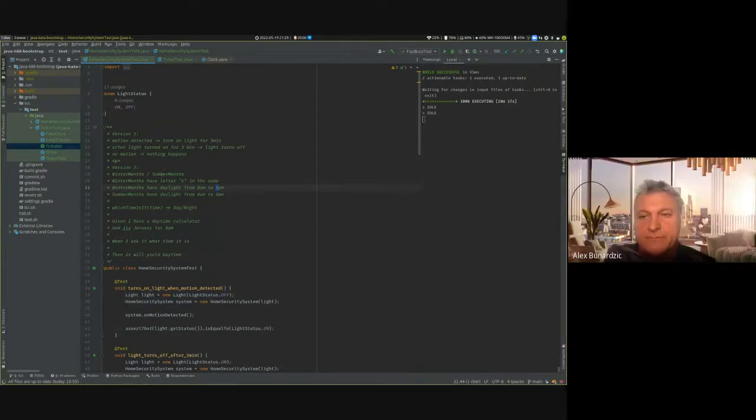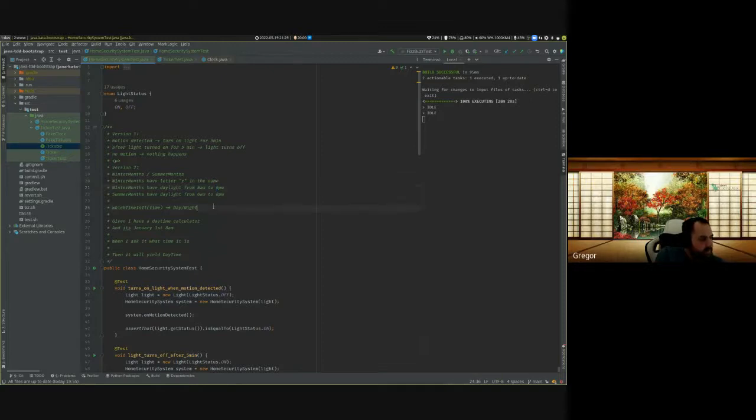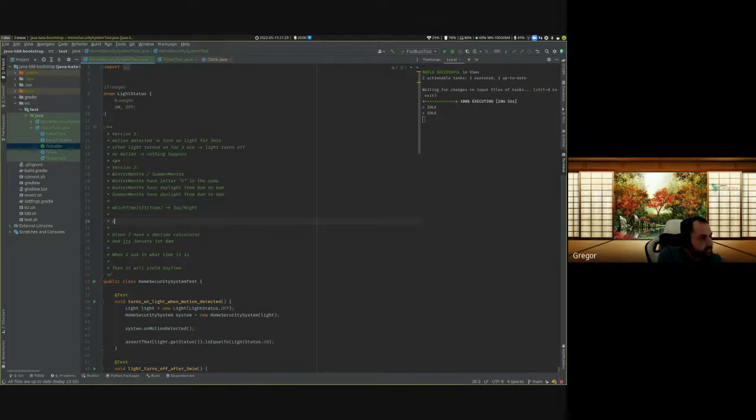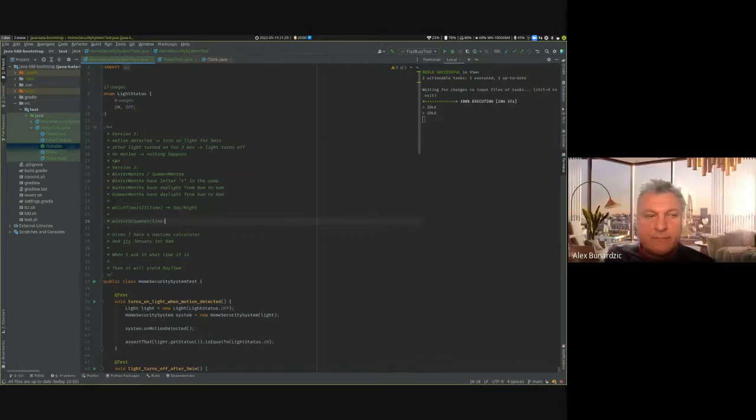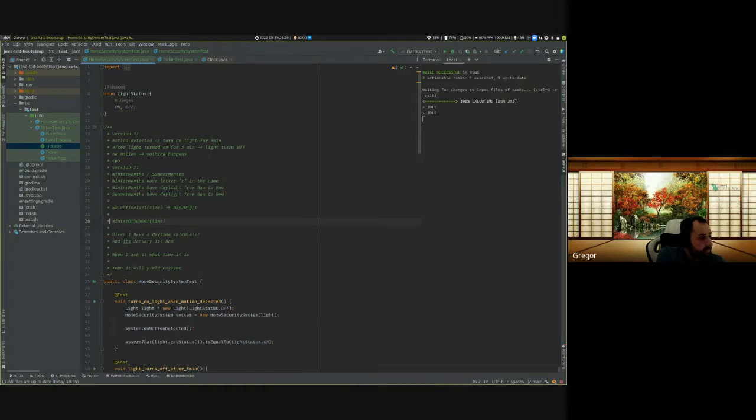One system checks whether it is winter or summer, and you give it a time, and then you get back the winter or summer. And with this test, it's only 12 cases